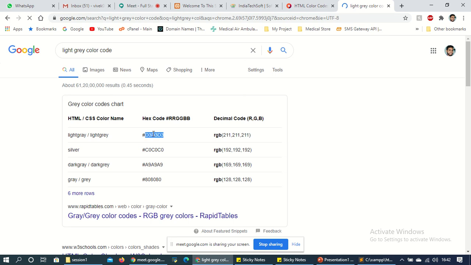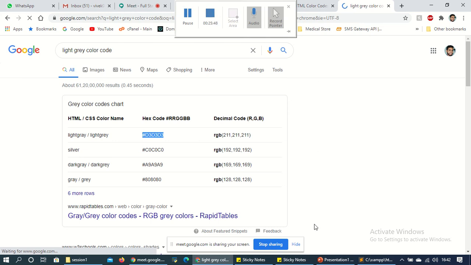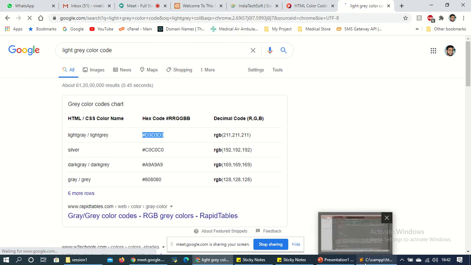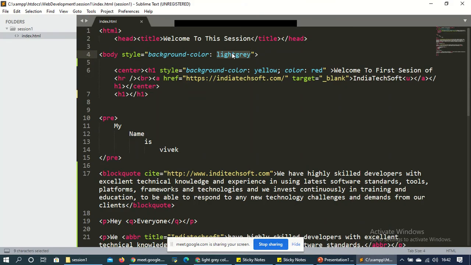You can copy it in hex code or in RGB format. Just copy and paste it here.